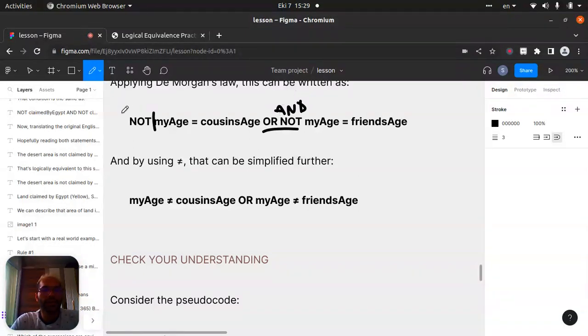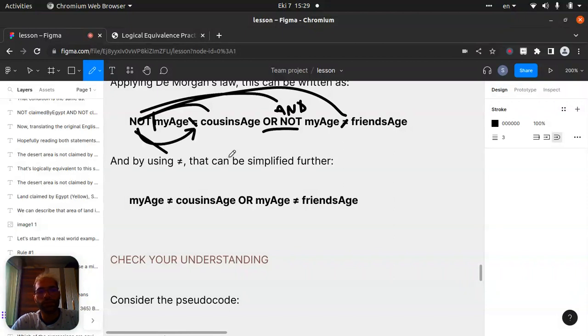Now here we have and not and. If we apply here and here and here, what will be? It will be not equals. This one will come here. It will make it not equals. And this one also will come here. It will make it not equals. And this one will go there. Not and will be or. So let's see below these things. My age is not equals to cousin's age